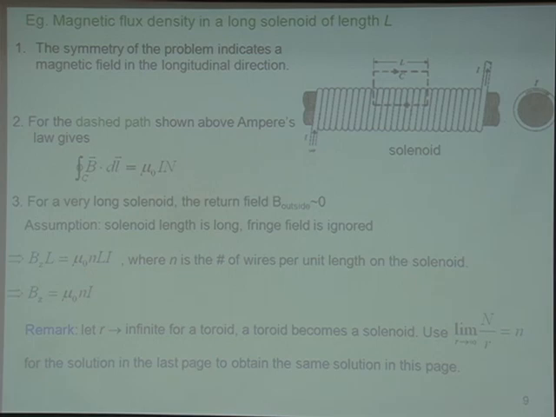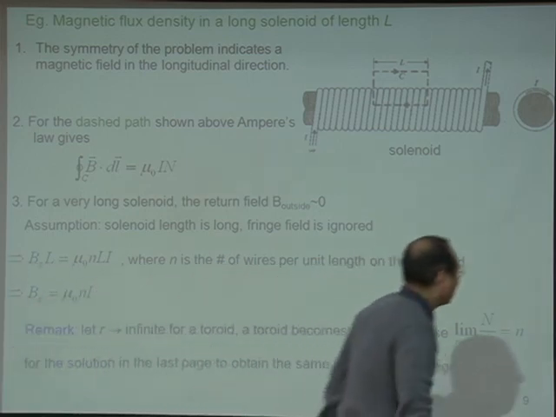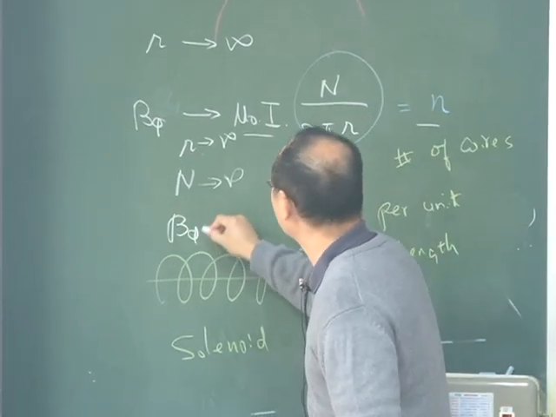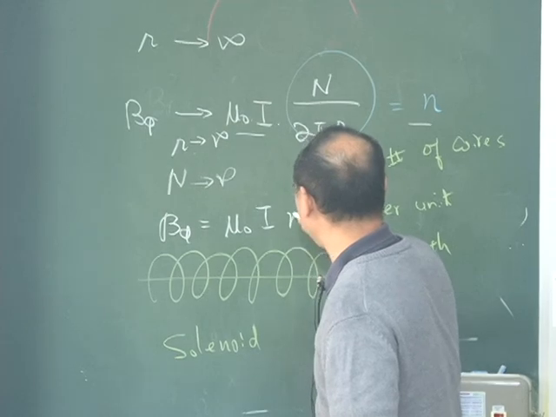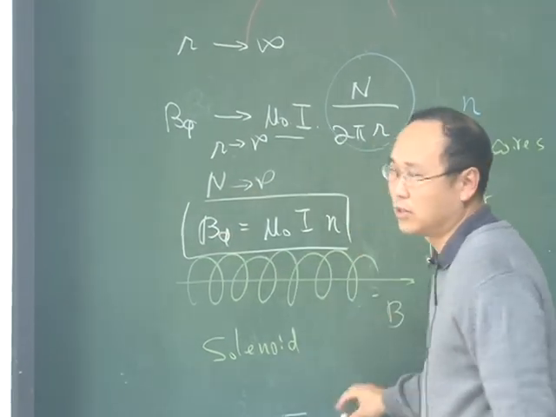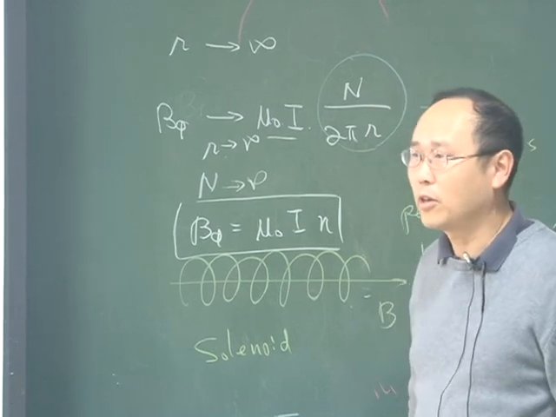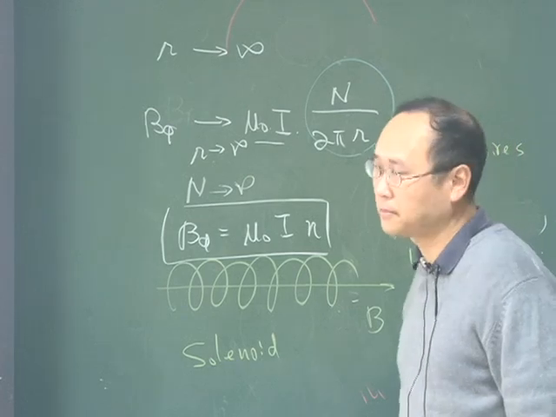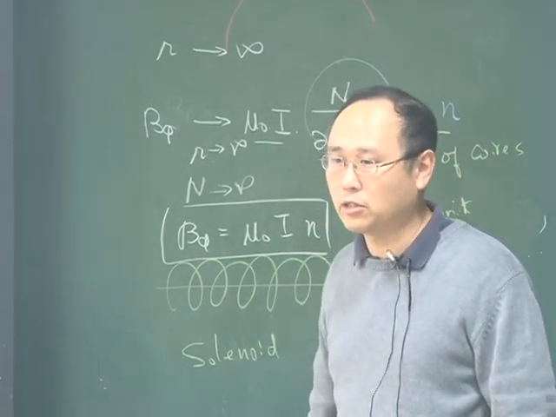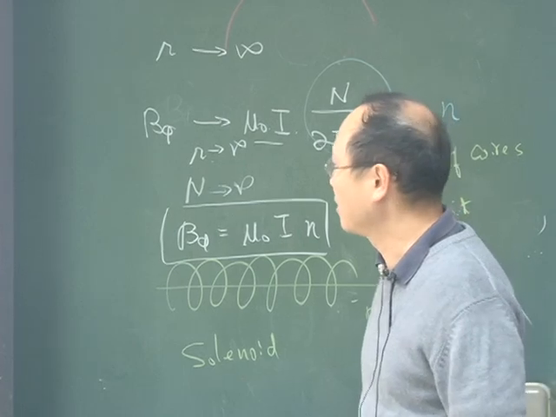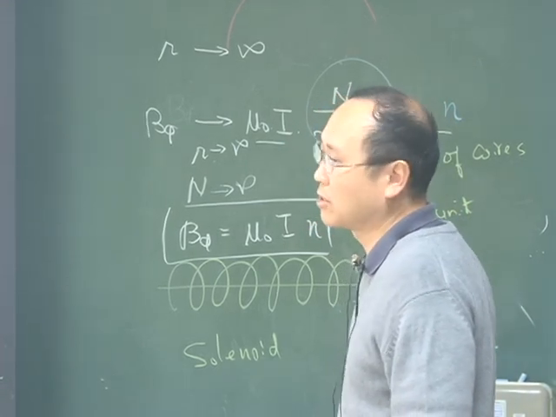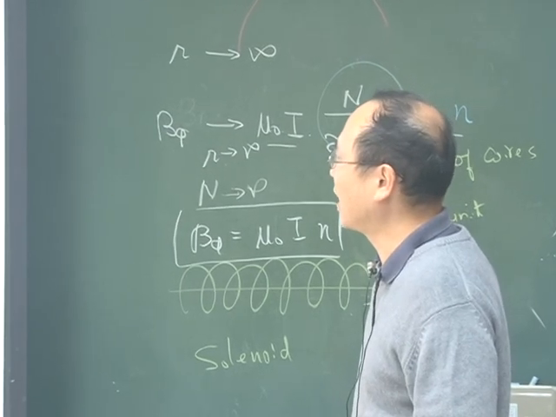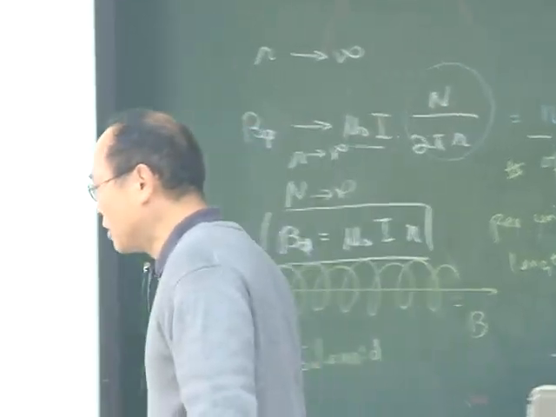Okay, if you do so, you end up having an expression. 你的这个式子呢，这个 B phi 很自然的，你就是得到 mu naught I n 这个 solenoid 的这个式子出来，when R approaches infinite. OK，所以这个是 toroid 跟这个 solenoid 的计算。